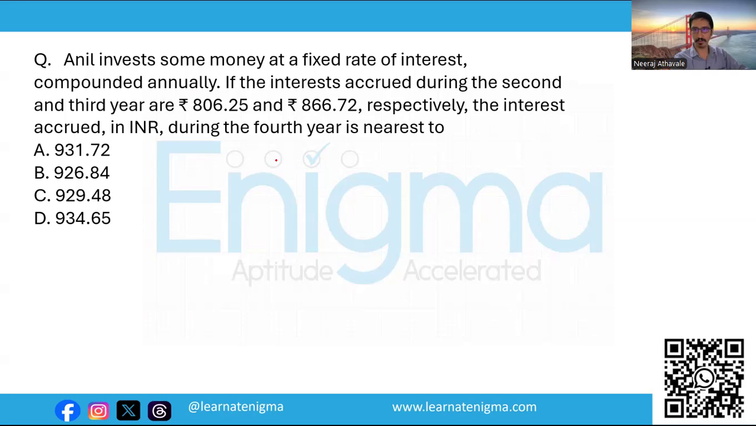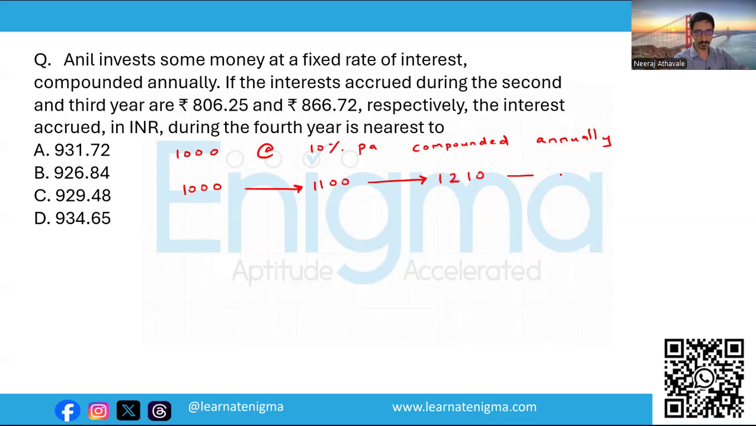Now, to solve this question, we need to understand a pattern. Let's assume a simple principal of 1000 rupees at a rate of 10% per annum compounded annually. So 1000 becomes 1100 after 1 year. After 2 years, it becomes 1210. After 3 years, it becomes